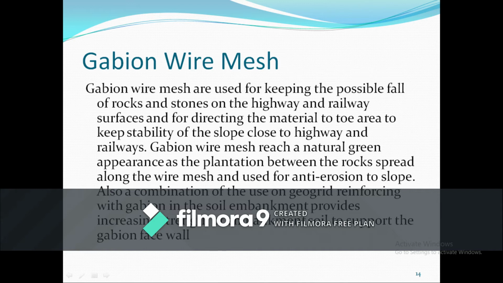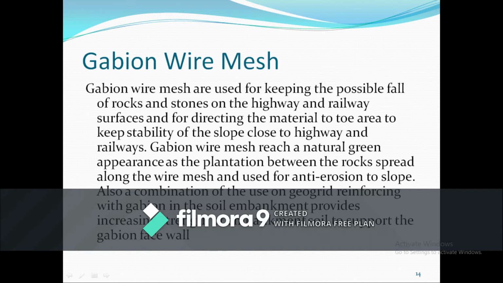If there is a highway or railway line going through these mountainous terrains, then each time the rock material falls down, you need to stop the vehicles and then clear the way.